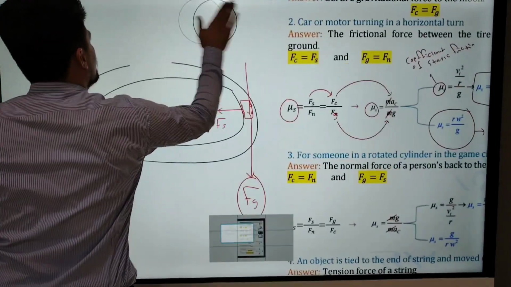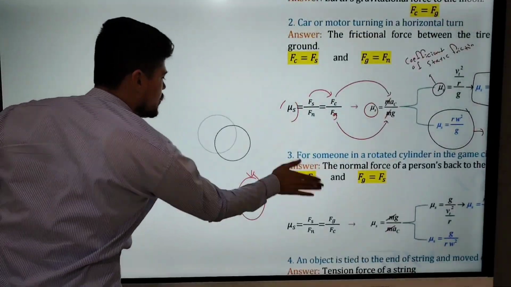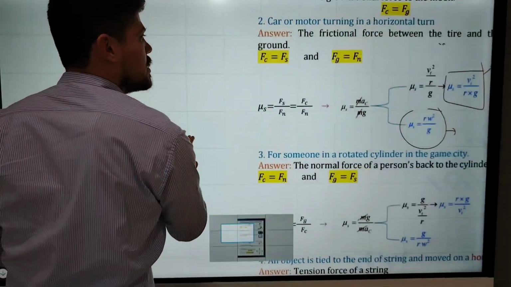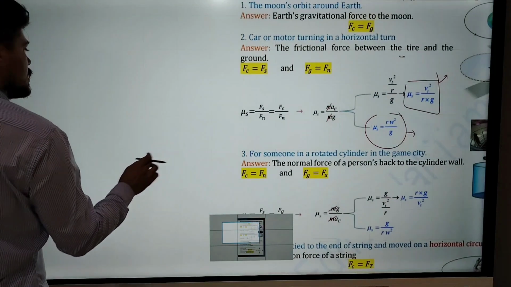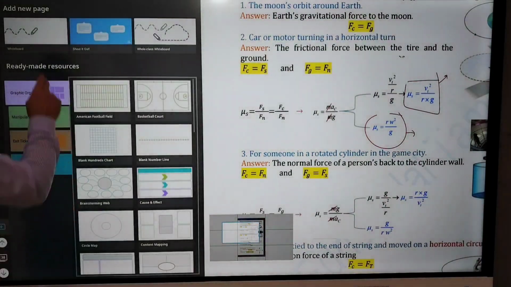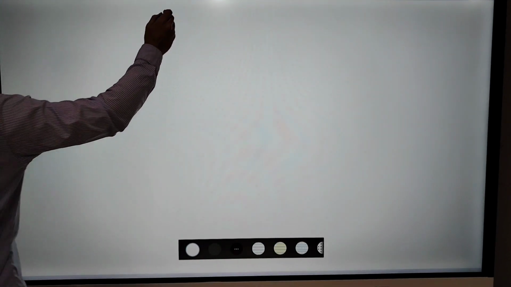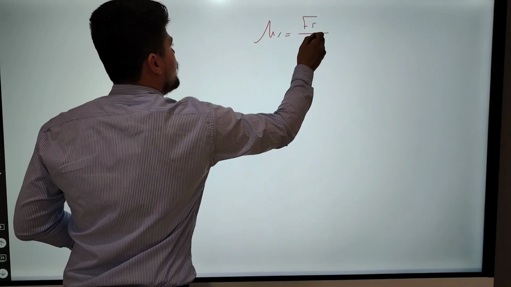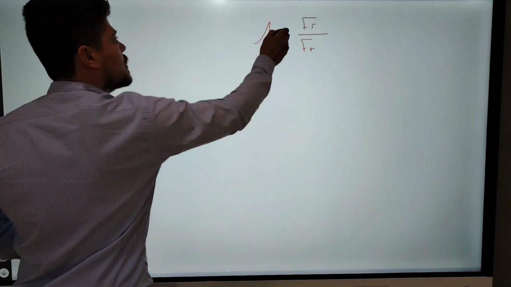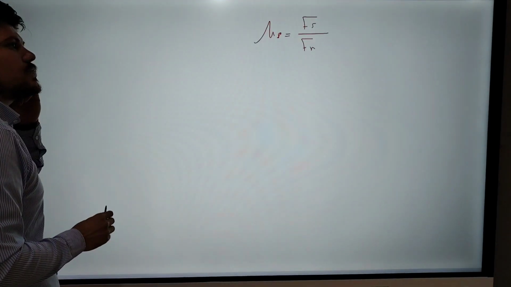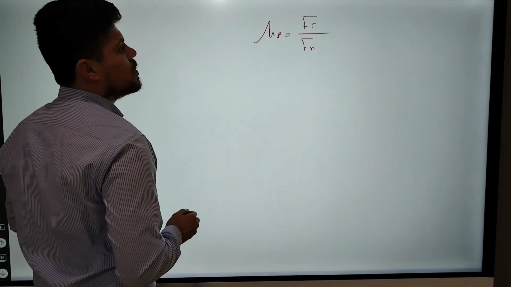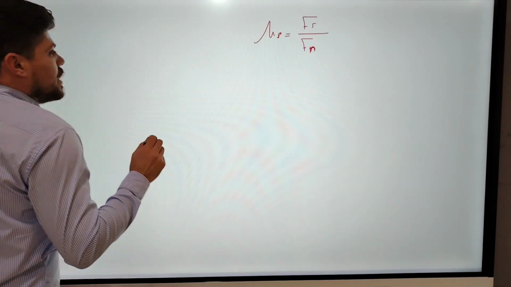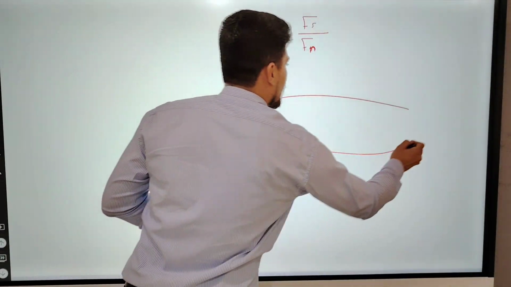I'm gonna repeat. First, you have to know the equation of mu s. What is mu s? The coefficient of static friction. Okay? What is mu s? Coefficient of static friction, which is equal to Fs over Fn. Okay, what is this? This is mu s. The coefficient of static friction is the ratio of the static friction force to the normal force. This is the normal force. When a car is moving in a horizontal path,